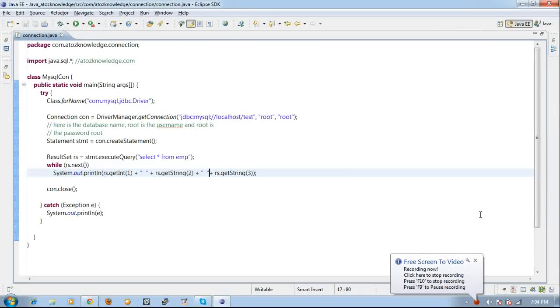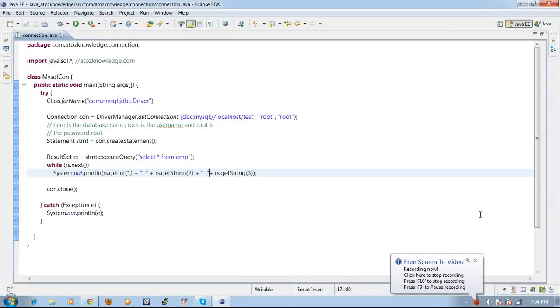The next line is to create a connection. I have to establish a connection by giving the IP address of the machine where my MySQL is running, the database name, the username, and the password, the connection details. The third line is where I create a statement. This statement is used to run my queries. And then the next line is a result set. The result set stores your information temporarily before showing it to you in the console.